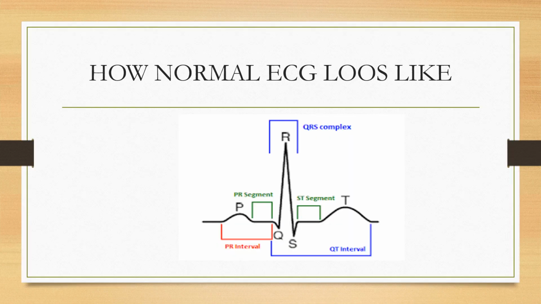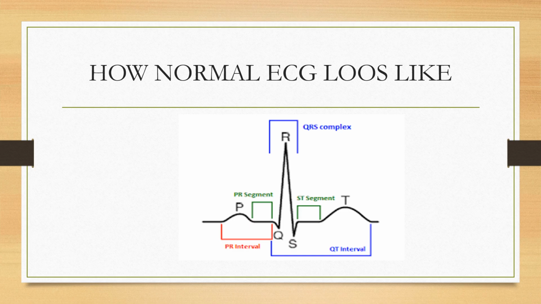As you can see, the normal ECG first of all contains waves, such as the P wave and T wave. Then the second component of the ECG is intervals. We have four intervals: the PR interval, the QT interval, the QRS interval, and the RR interval. We cannot see the RR interval here because it's a single